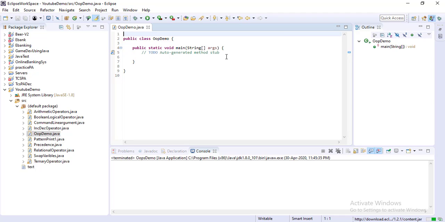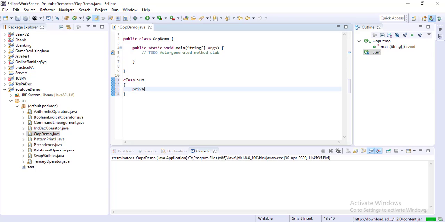Okay, so before writing code inside this class, I am creating another class, and I am giving the name as sum. So this is the class, and in this class I am creating two variables, and in case of Java, the best practice is we have to take the variables as private.